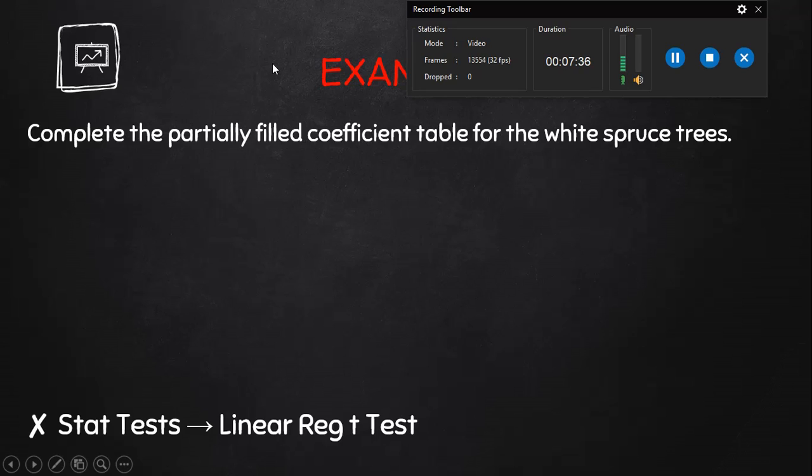This is different than the ANOVA table. The coefficient table allows you to write the regression equation and obtain all the coefficients associated with each of the different pieces of your regression. So if you want to take a minute, we're going to go into stat tests. This is not stat calculations. And then you want to look for linear regression t-test. It's going to ask you to designate an X list and a Y list. You'll also see that they have provided the alternative hypothesis for you. So once you hit enter,